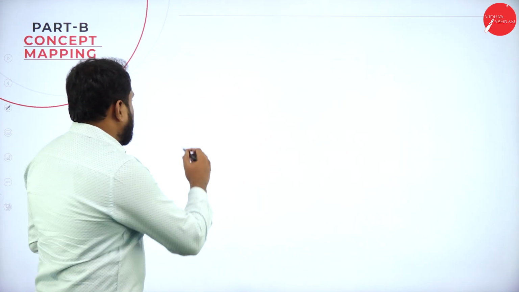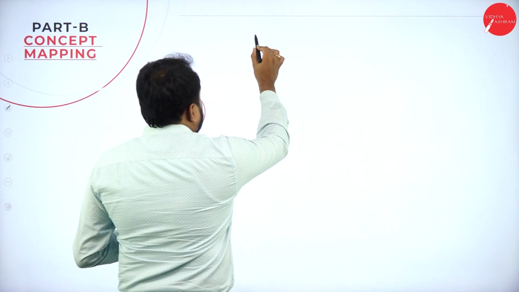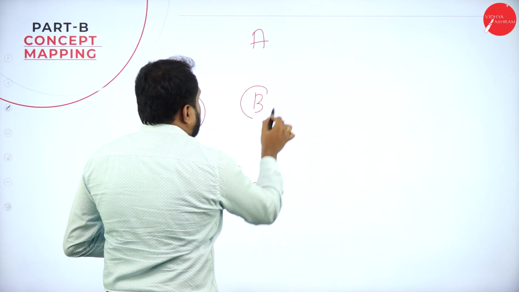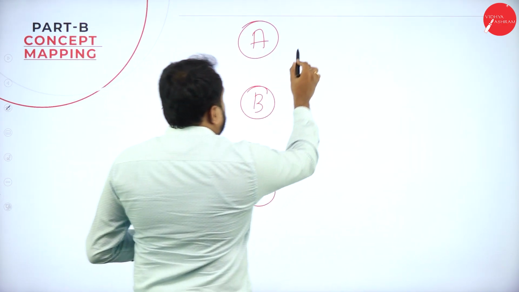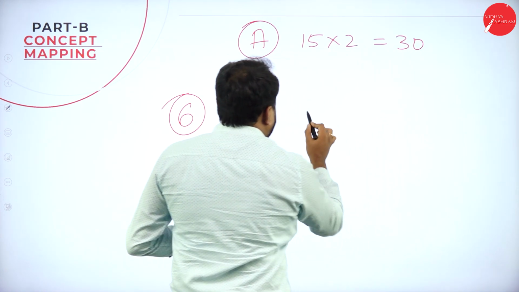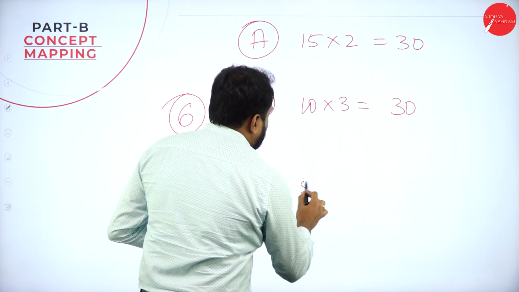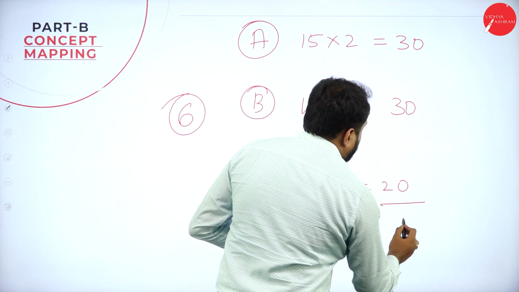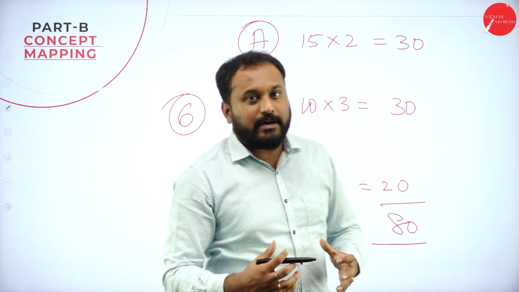When we go with this, we have 6 chapters. In those 6 chapters, understand, we have part A, B and C. Understand the combination here. Part A is all about 15 marks, and you are supposed to write only 2, and that is how you get 30. Part B is 10 into 3 is equal to 30, and part C is 5 into 4 is equal to 20. In total it is how much? 80. Now internals, I can't do anything because it is your faculties who have given it for you people.